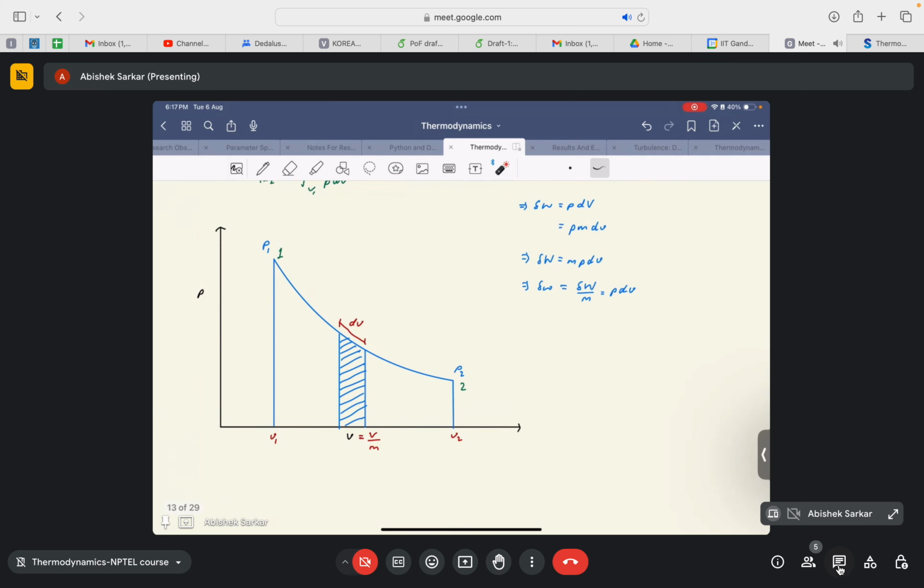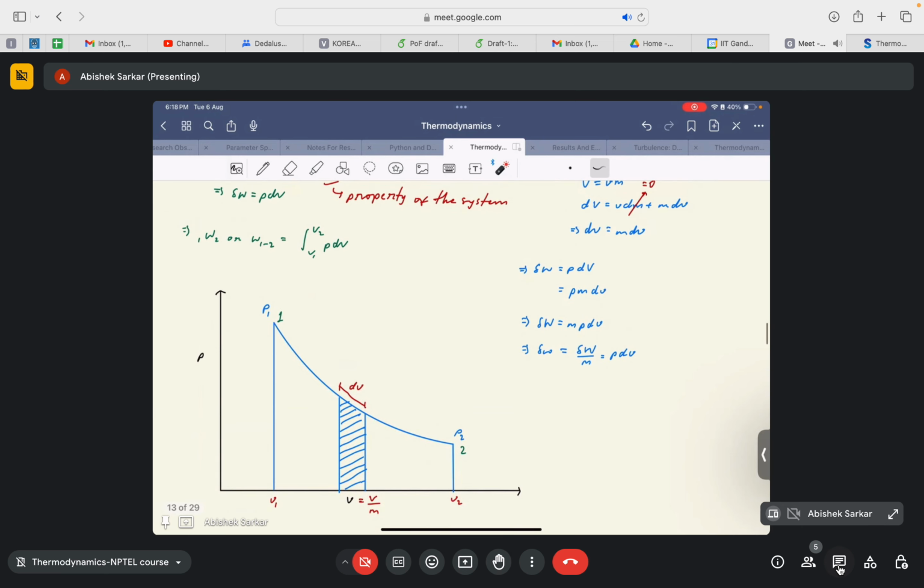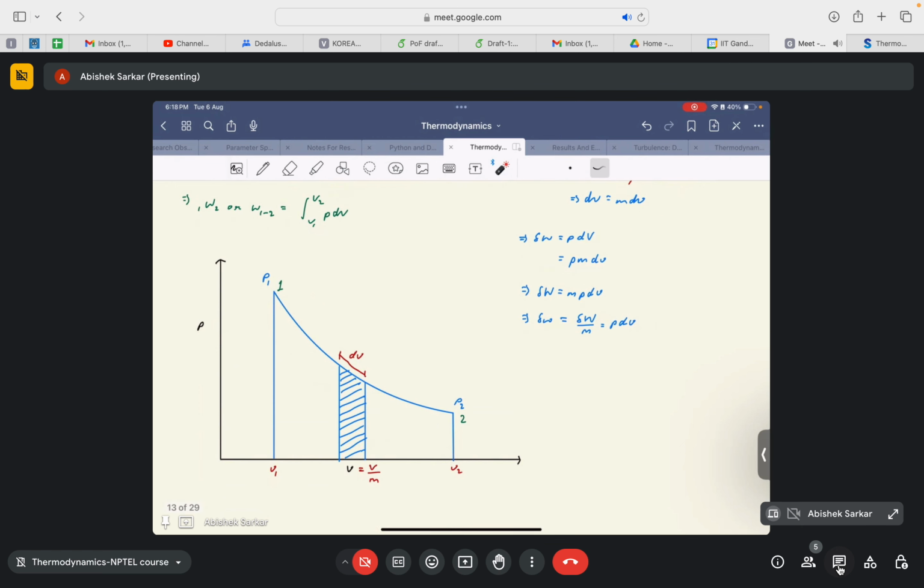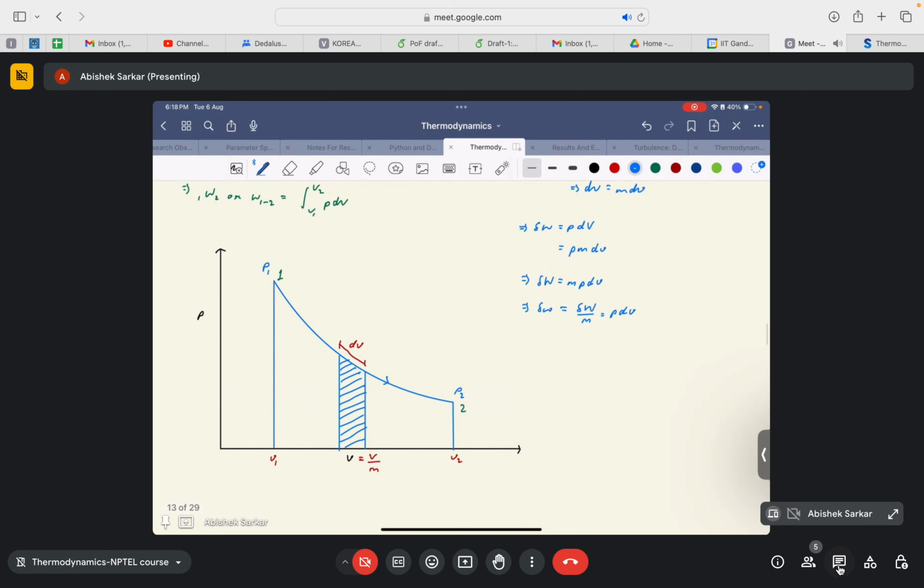So again, this integral can be denoted through a PdV plot. If we consider a graph whose x-axis denotes the volume or the specific volume, depending upon the problem, and the y-axis denotes the pressure, and we consider a particular process, say from point 1 to point 2, so this line, let me distinguish it using an arrow, from point 1 to point 2,